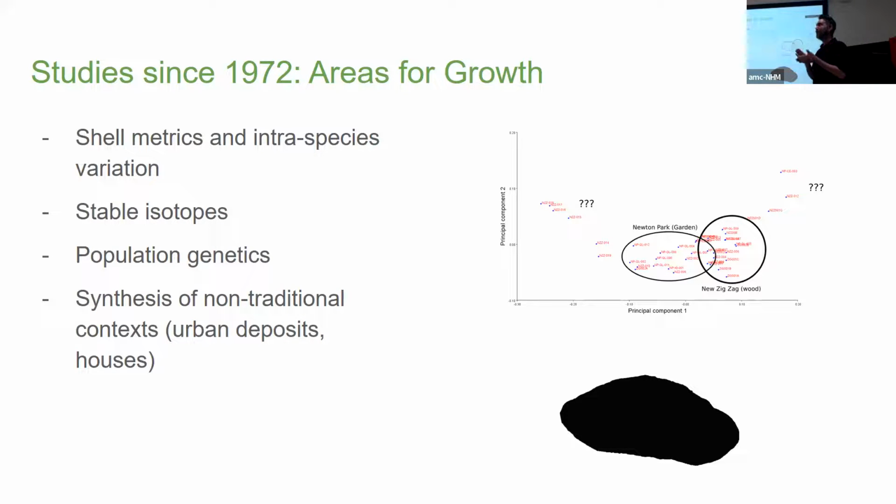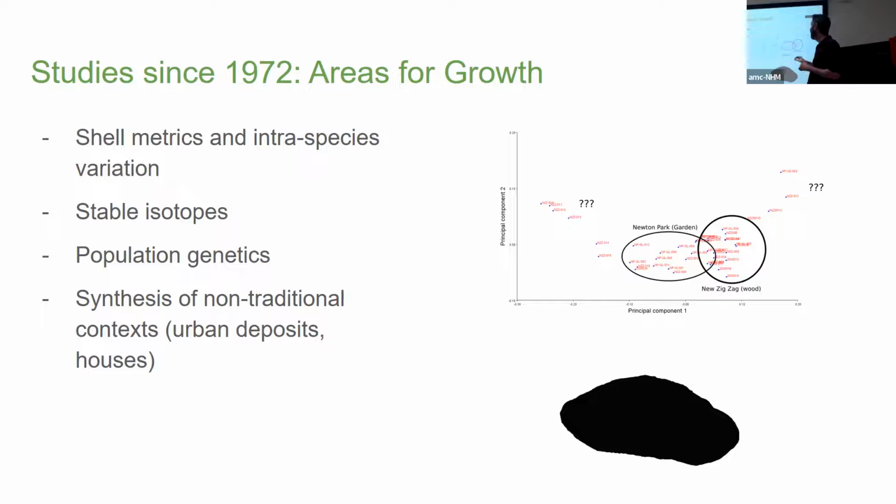And by matching the occurrence of those between collections of shells from different sites, we may perhaps begin to unravel some of the drivers of shell metrics. So I've been looking at modern, it's a bit of an ongoing project, but I've been looking at modern Discus rotundatus to try and see if there's anything in the variation that I've seen in archaeological shells that could be predictably or reliably interpreted. At the moment, it's a bit of a mess.